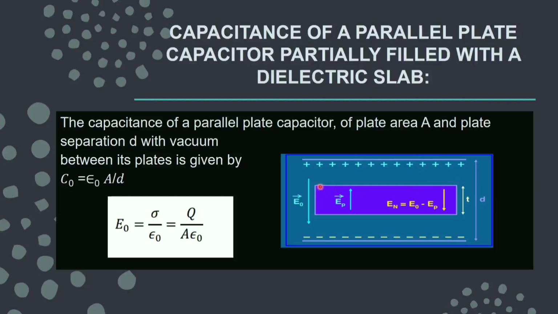Now let me have a dielectric slab which is not of the same thickness as the distance between the plates, but less than that. It means small t is taken as the thickness of the dielectric slab. Now, as we have already discussed, if I keep some dielectric between the conducting plates,